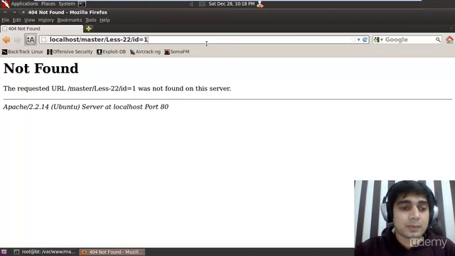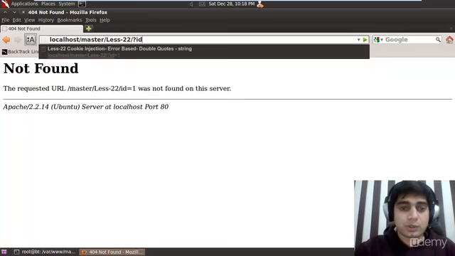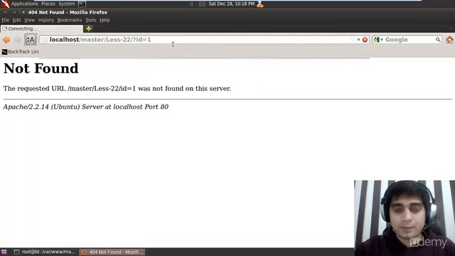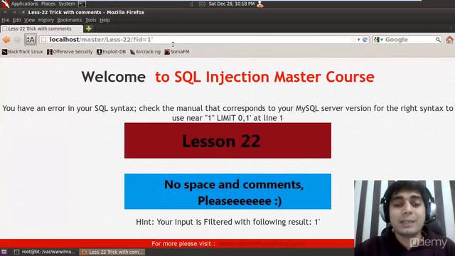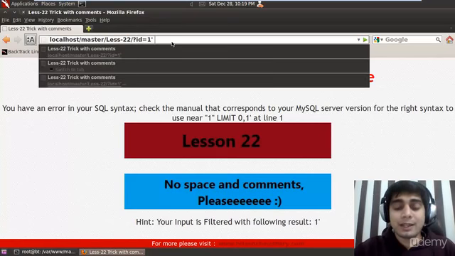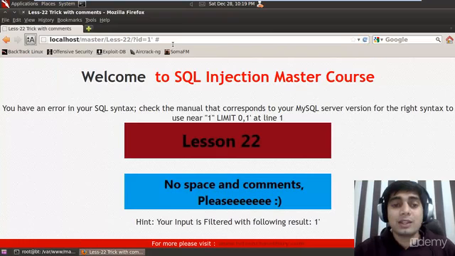Oops, I haven't put a question mark. id equals 1. Yes, it's working. The very first step is to put a single quote. As I hit a single quote, it gives me an error. Some of you might be happy that we got an error, but if I add a hyphen, the query delimiter, it doesn't fix it. Neither the hyphen nor the hash sign or any others will work, because we just saw in the source code that they are stripped out,